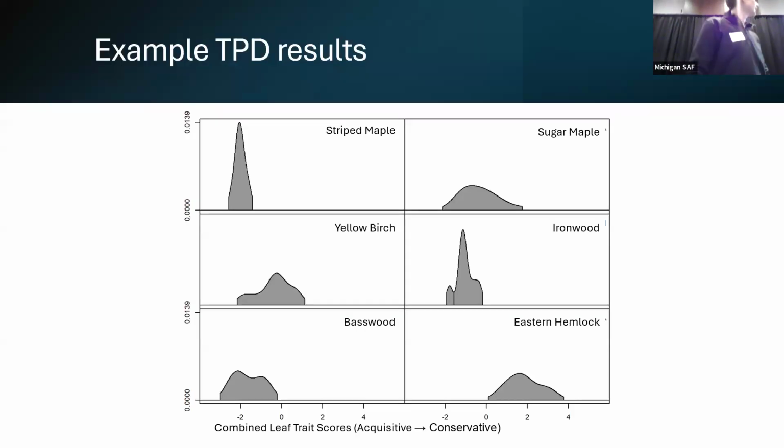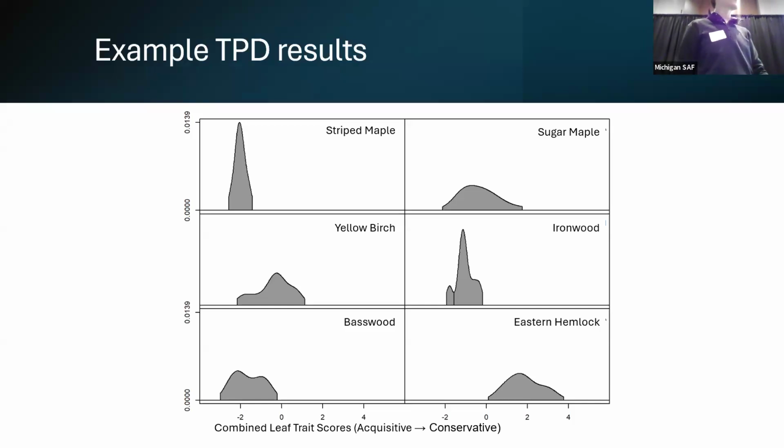So here's an example of those trait probability densities for each species. This is from the Huron Mountain Club. Our bottom axis there is that acquisitive to conservative scale. This is from an ordination, but basically it's unitless at the bottom there, just represents a gradient from more acquisitive, so that kind of low mass, high nutrient leaves. So the highest would be basswood here, to our more conservative species, which is that kind of high mass, less nutritious, and eastern hemlock is our